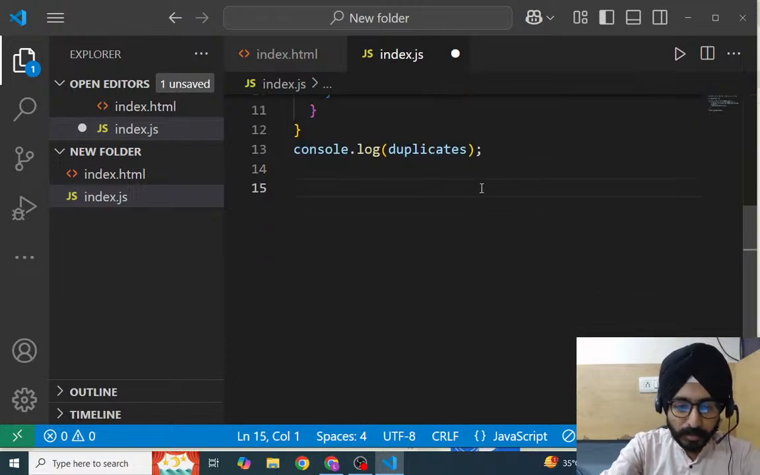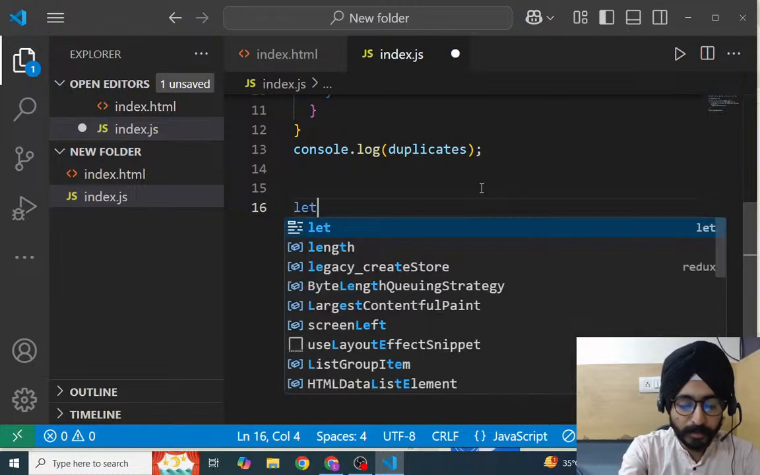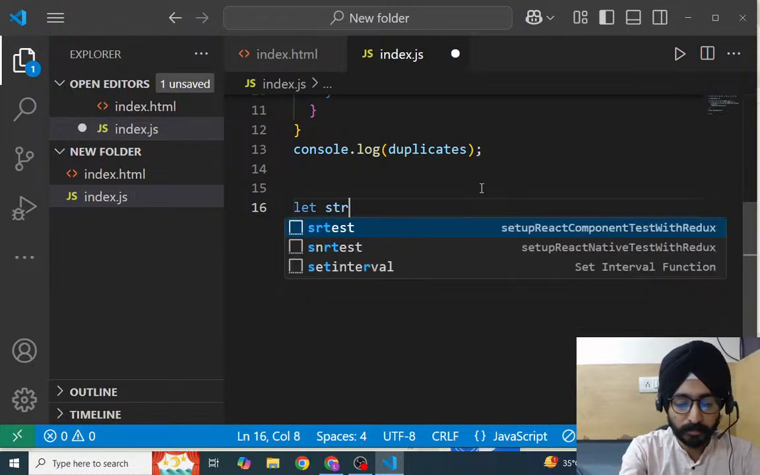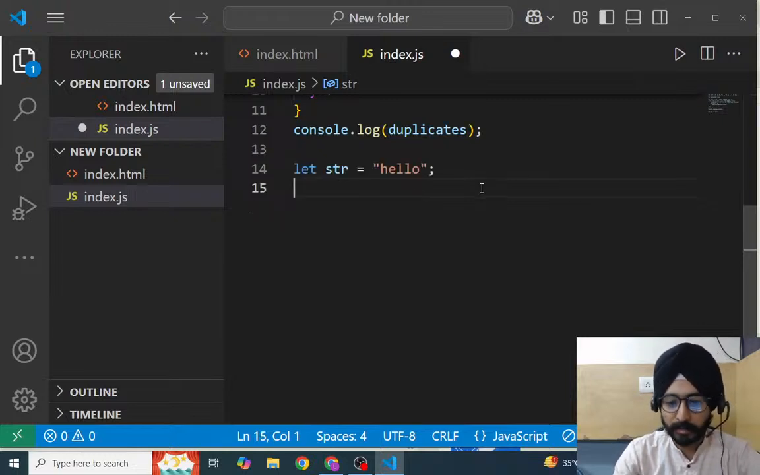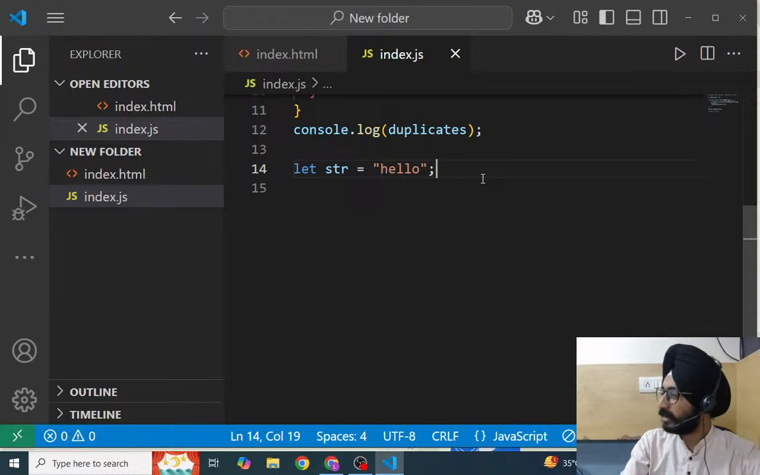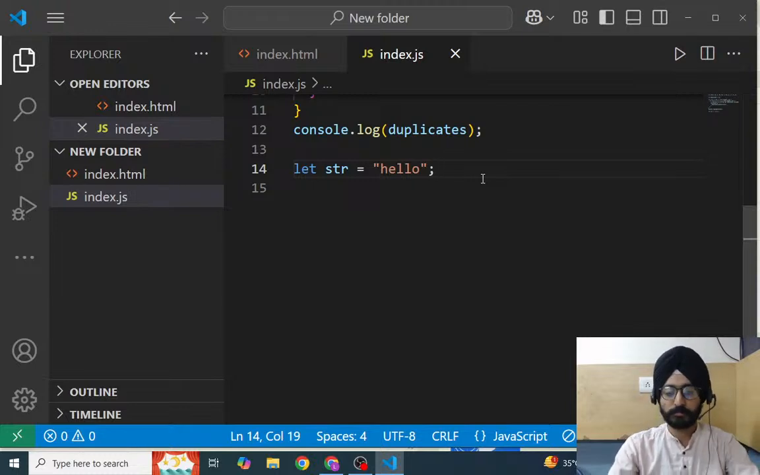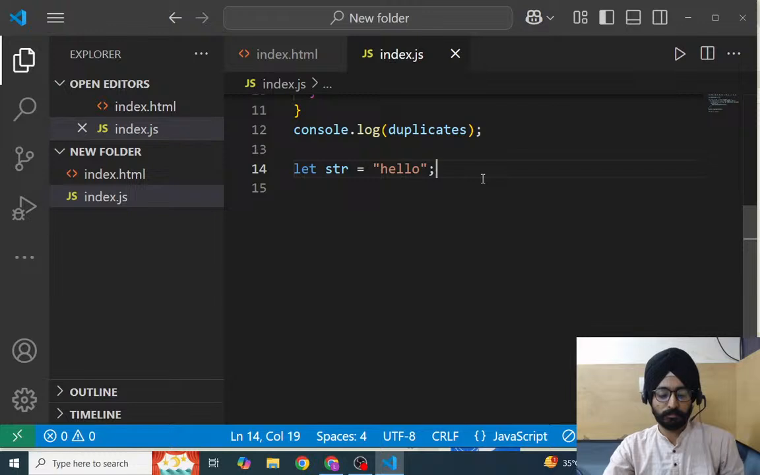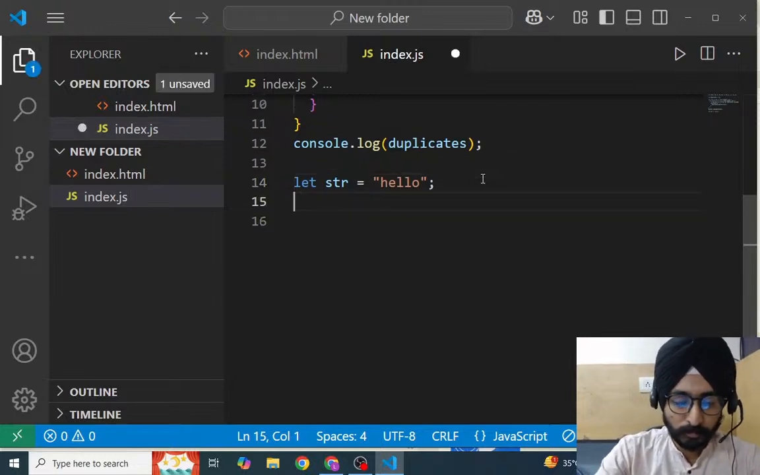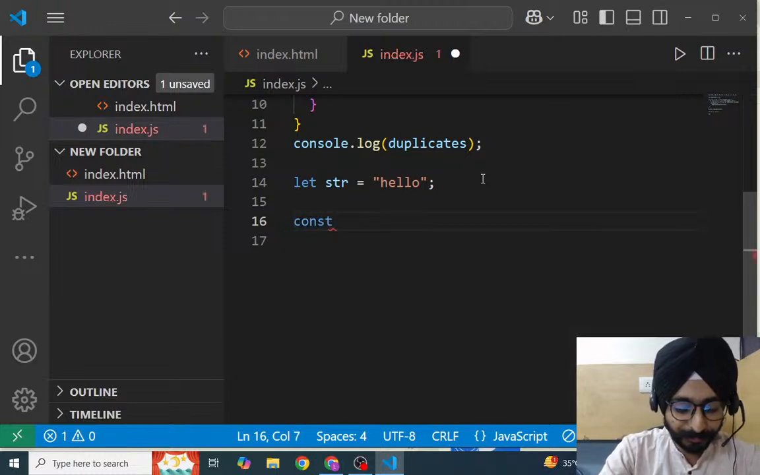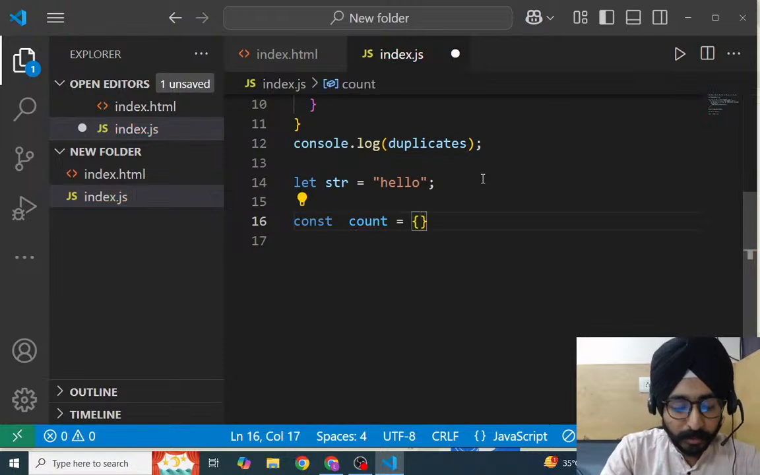So we have a string. तो मैं इसको लेता हूँ let str equals to, we are defining something else, जो भी आप पास करना चाहो पास कर दीजिए। So hello, मैं hello ही ट्राई करा रहा हूँ, we are trying hello। So const count equals to, we are defining empty object here।